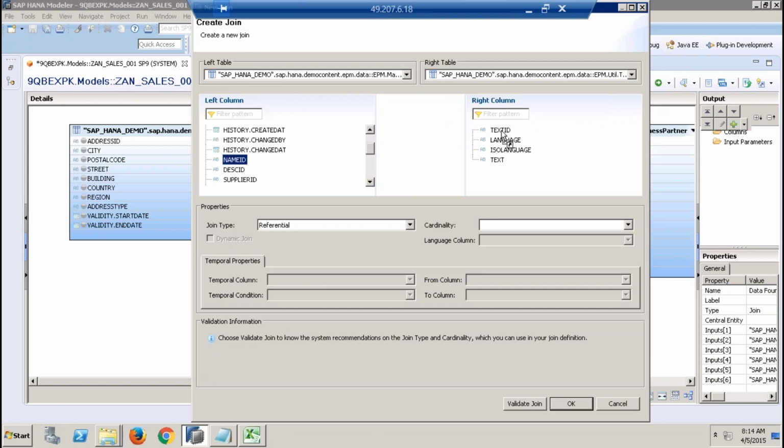I'll join this to text ID. Yeah. And if I just say normal inner join here,